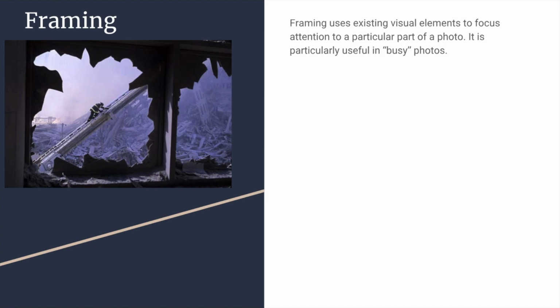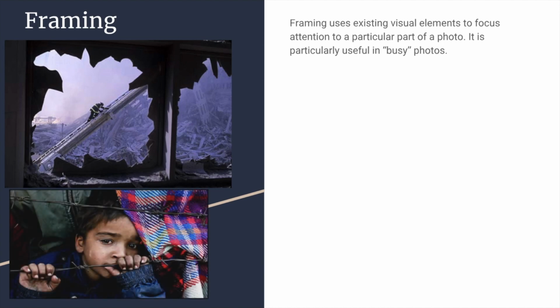The next photo, which I really, really like its use of framing, is this refugee child at a barbed wire fence. In contrast to the photo above it, it doesn't form a perfect frame. But we see that these strips of barbed wire, which again are really part of the story of this photograph, are framing this young child's face and eyes for us, which are really the most